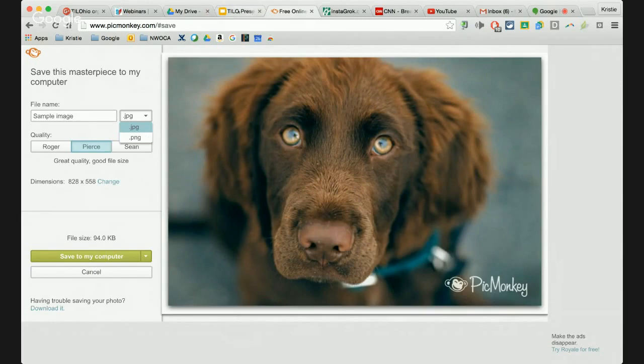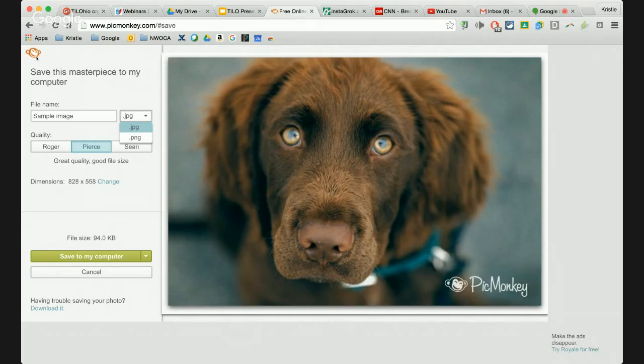Now, the reason why this is an app and an extension is because, of course, I am in the app. But if I had the extension up here, and I don't have it turned on currently, it would look like a little monkey, same icon as this. And what it would do is, if I clicked on it, it would grab every single image of whatever web page I was currently on.